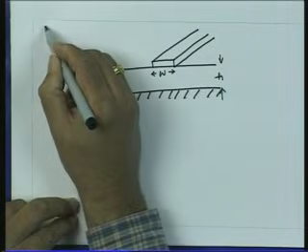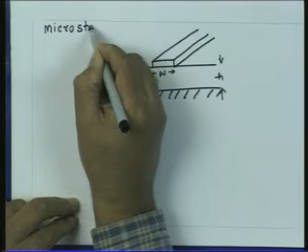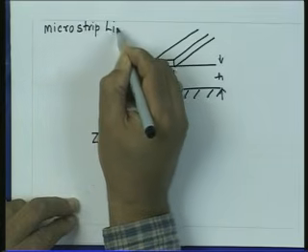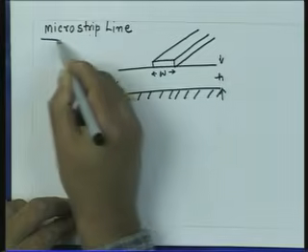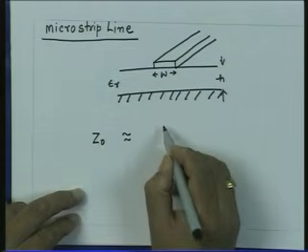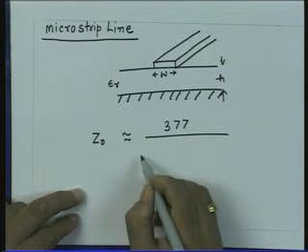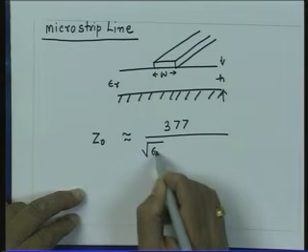So, the characteristic impedance for this line, what is called the microstrip line, is approximately given as 377 divided by square root of epsilon r